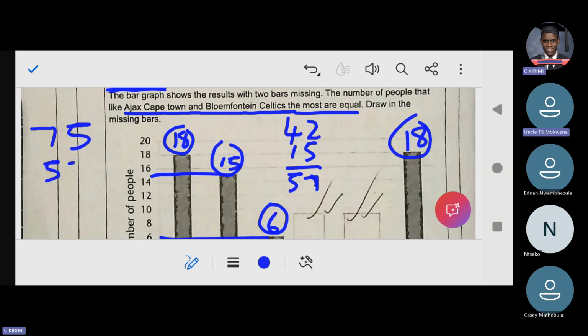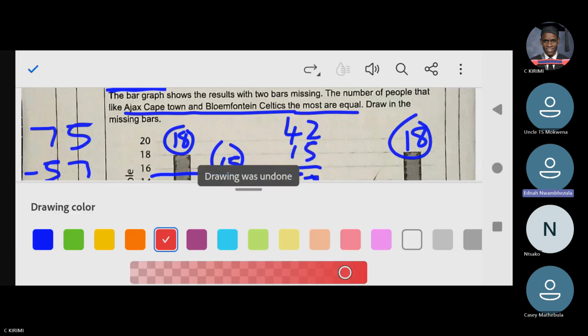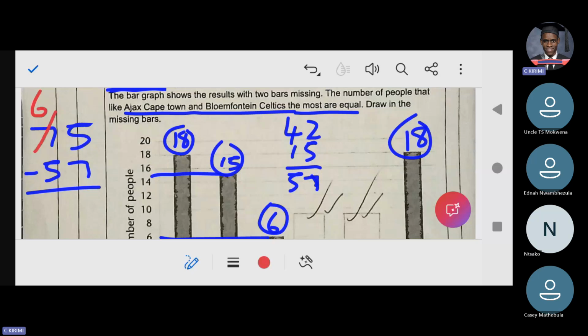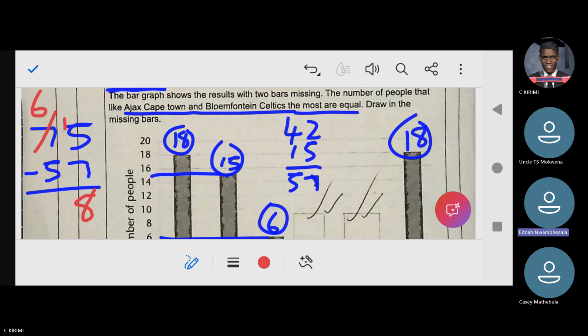75. When we subtract, we see how many people were left out. Can 5 subtract 7? No, we borrow from the 7, it becomes a 6, and we give the 1 to the 5. 15 minus 7 is 8. 6 minus 5 is 1. So these 18 people who were left out, which we need to draw, are for both Ajax Cape Town